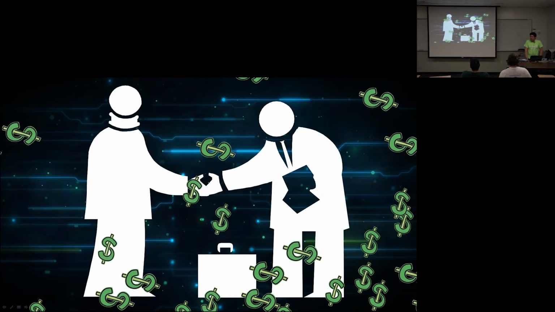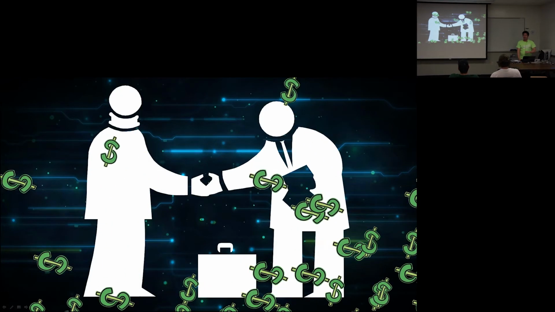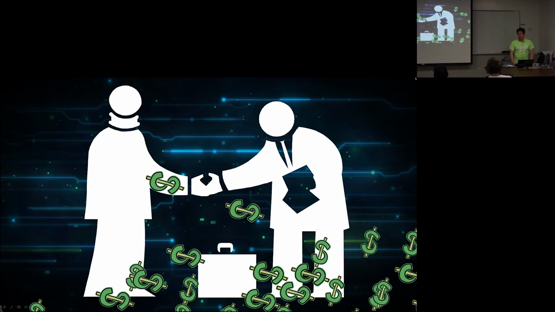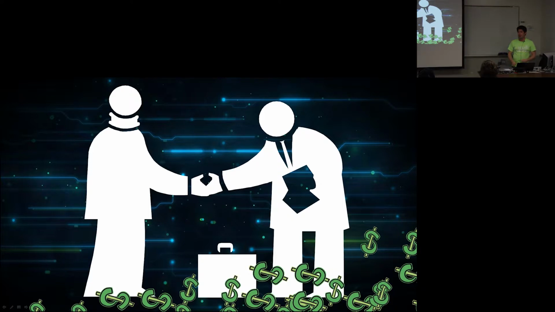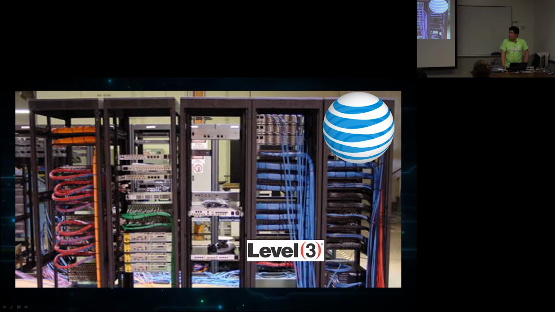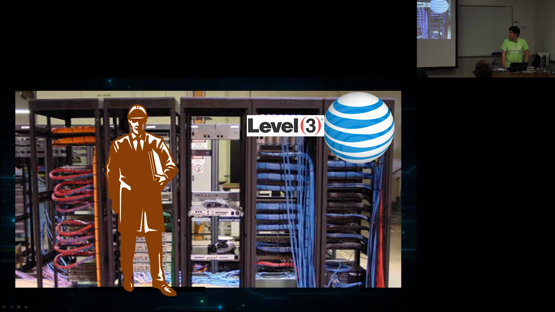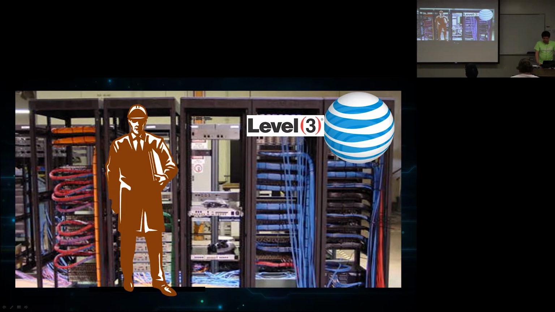And once you get all the money involved, you have this peering contract between Joe Bob's ISP and AT&T. And now traffic can flow between those two networks. And also now you have another contract between Joe Bob and Level 3. And internet traffic can go. So physically, this looks like a couple racks in a data center. You got AT&T's equipment, you got Level 3's equipment, and you got Joe Bob's equipment. And now they can all interconnect.